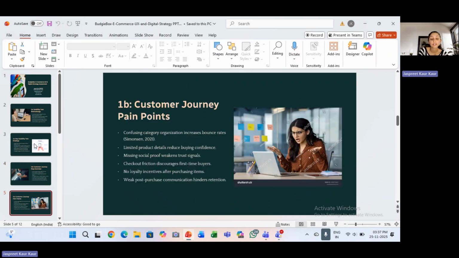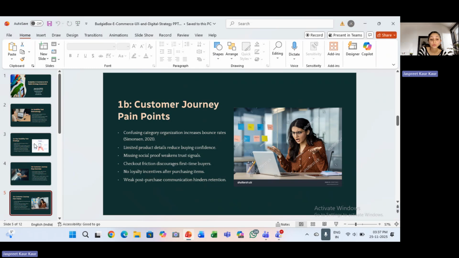Based on this information, here are the key problem areas I found. Users find it difficult in the early stage since the value of Budgiebox is not instantly described on the homepage. They become frustrated by missing filters and fewer pictures of products as they browse. The lack of social proof like reviews lowers purchase confidence during consideration.